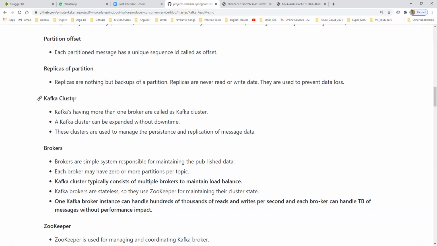Persistence in the sense that we are saving the data, we are publishing the data in the topic. And the replication of message data means each and every partition will have a backup taken care of by the Kafka cluster.